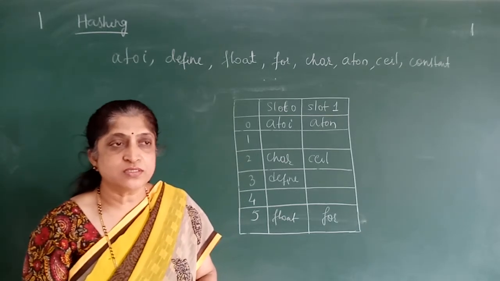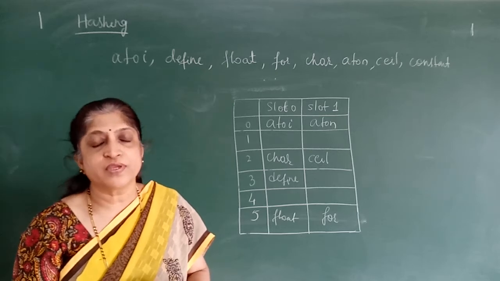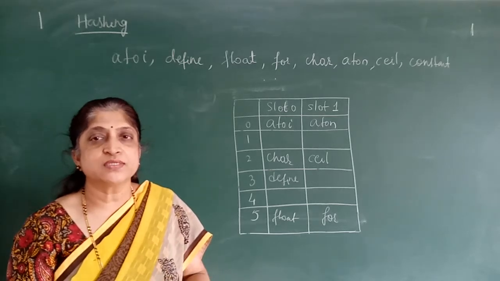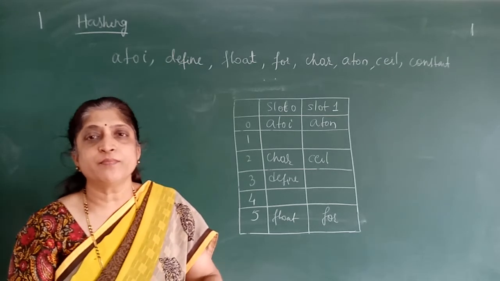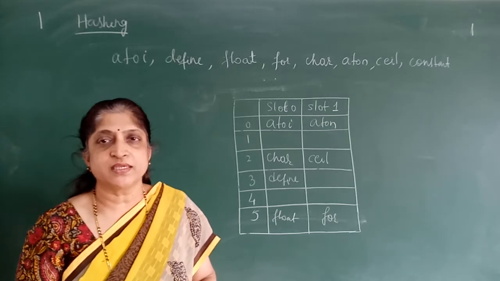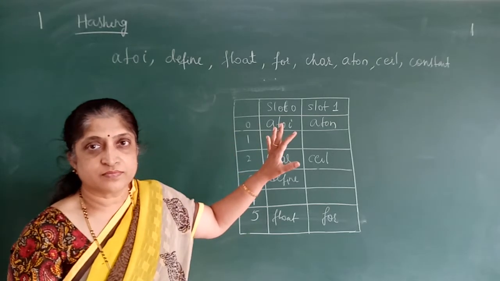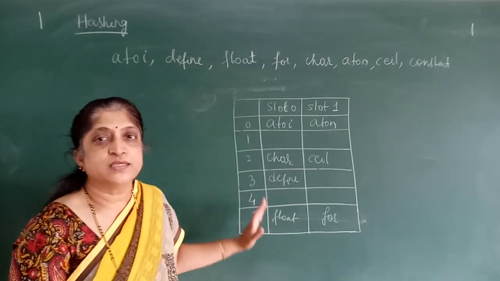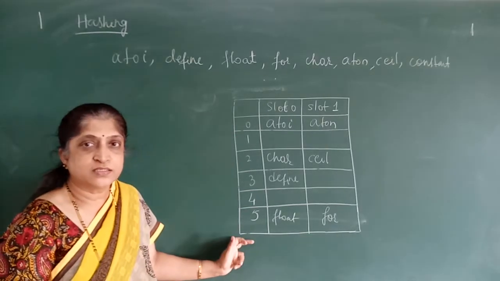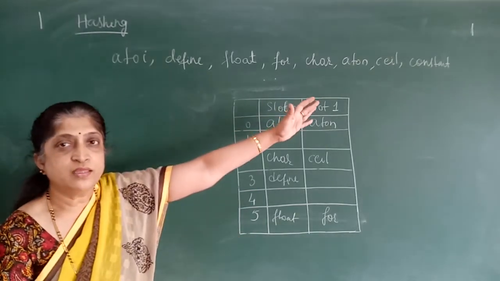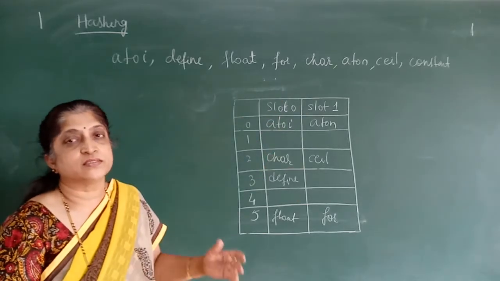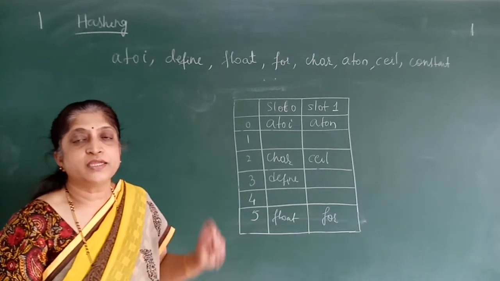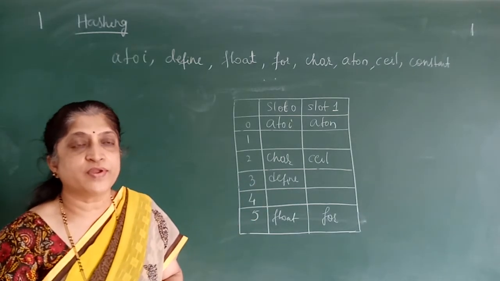Now, can we avoid collisions? Most of the time we cannot avoid collisions, for the reason that the hash table is of some fixed size, and the key space, the keys that get generated from this, is very large compared to the table size. In this particular example, the table size is 6, but here I may be generating more keys than that. So, whenever we have a collision, it should be resolved. How to resolve that, we have to see.